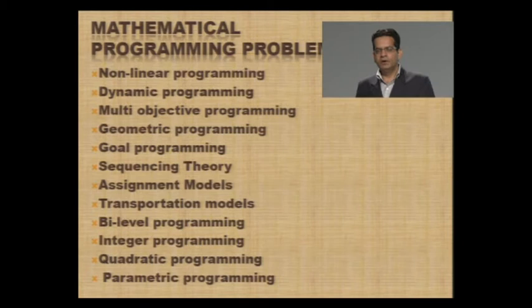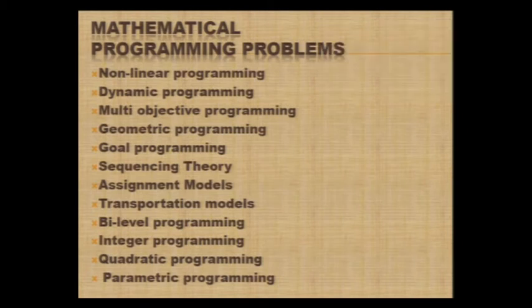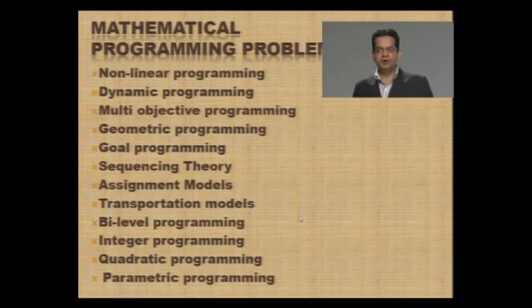Now we have a brief about the mathematical programming models. As we know, linear programming is the simple mathematical programming problem. Then we have non-linear programming problem, dynamic programming problem, and multi-objective programming model, where we find the optimum or near optimal solution to several objective functions when we have more than one objective function. Then goal programming problem, sequencing theory, assignment models, transportation model,